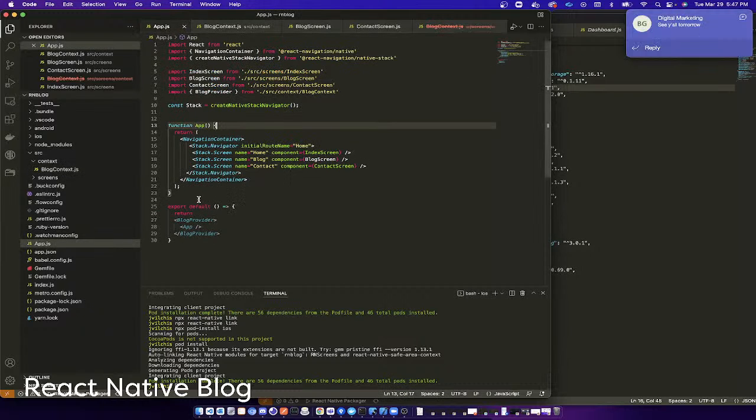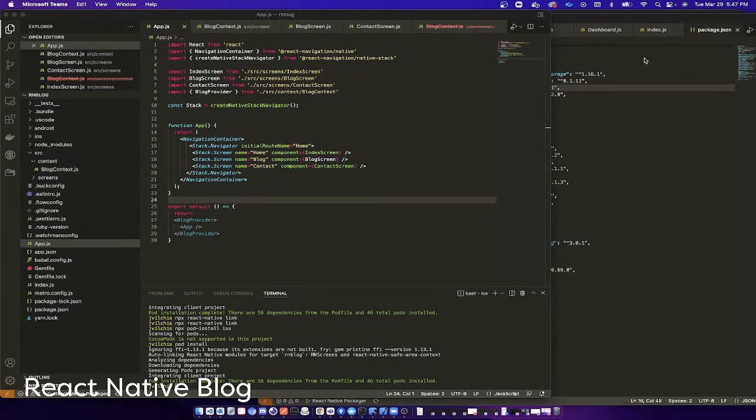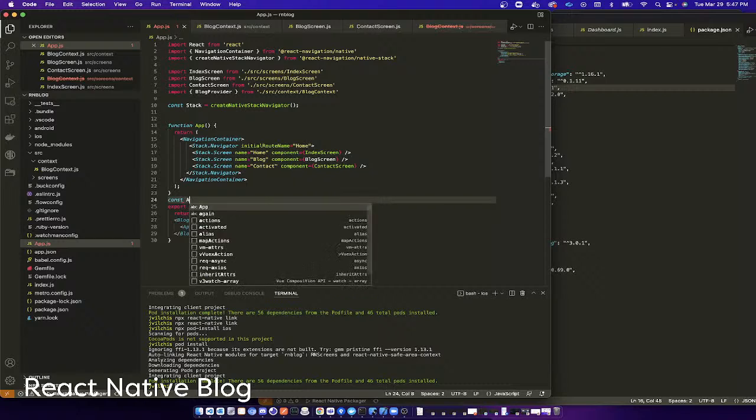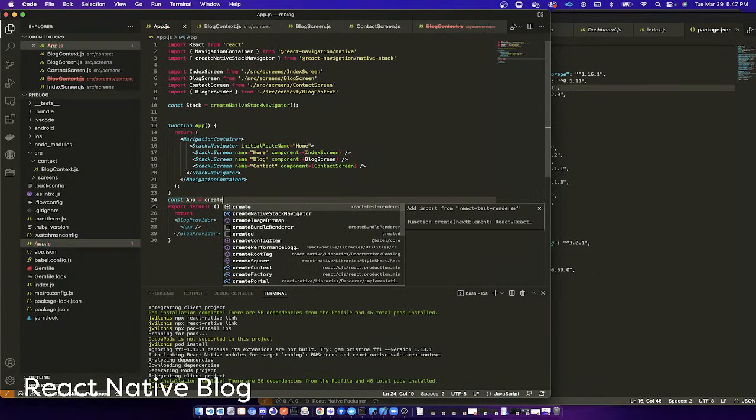Context, then here, then I'm going to do this const app equals create